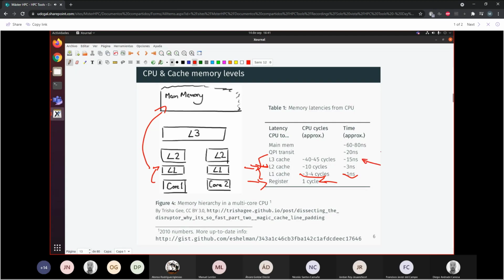So obviously, in order for the memory hierarchy to work properly, we need most of the memory accesses to happen at the highest level of the memory hierarchy, okay? But there is a problem with that, and it is that